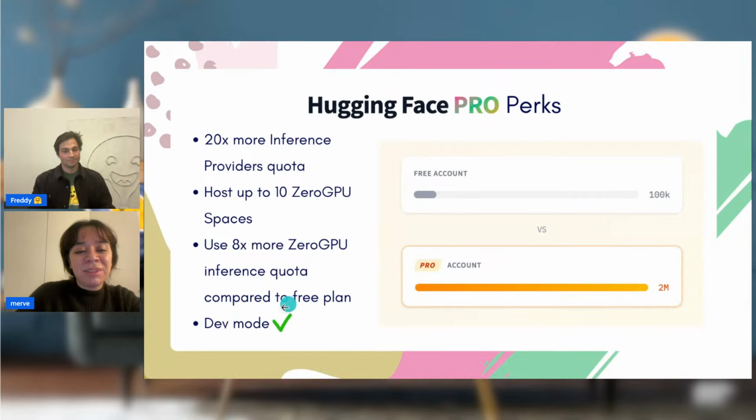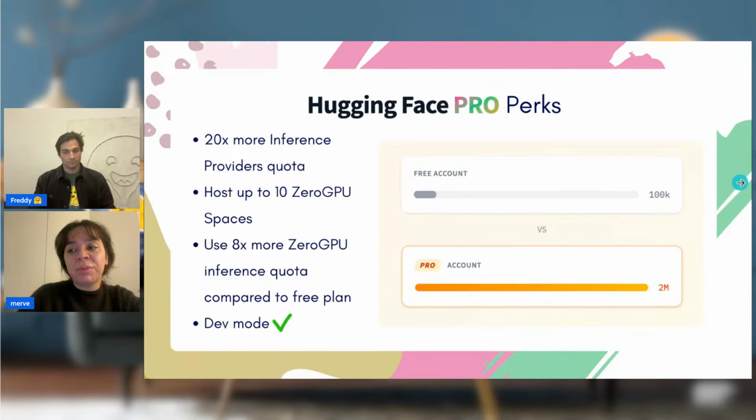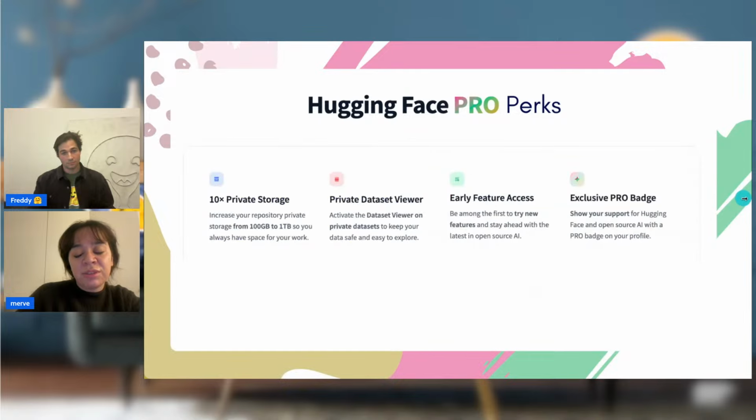And there's something called dev mode, which is basically about having an SSH tunnel to a space to develop inside that hardware. So if it's shared H200 ZeroGPU, you can do your development over there to develop your app. Not only that, but it has more benefits. For instance, dataset viewer isn't enabled normally for private repositories, and you also get more private storage.